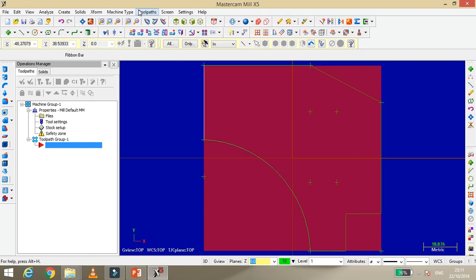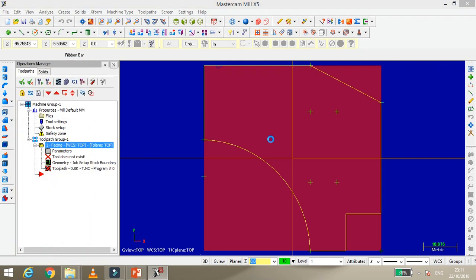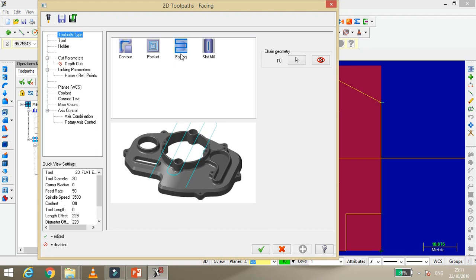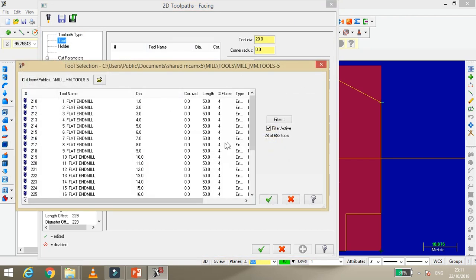Now the first operation required is facing. So go into path, say face, just click on OK. Then select the chain. This is a very important procedure for any operation, and remember that your chain must be closed. If it is not closed, it creates a problem. Now go into facing and select the tool. Which type of tool do I have to select? Face tool.